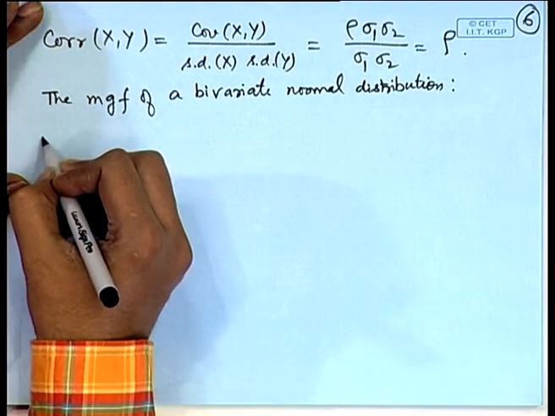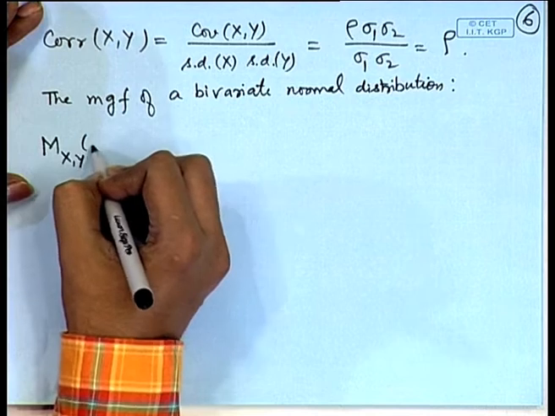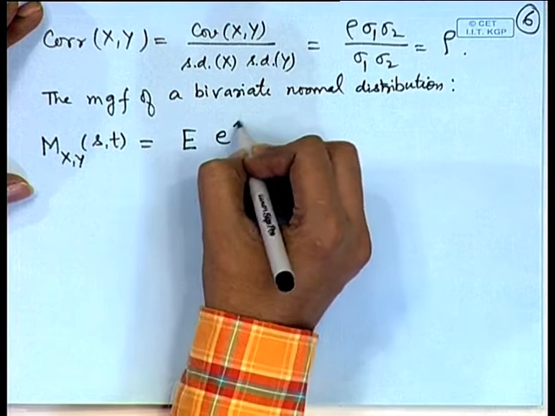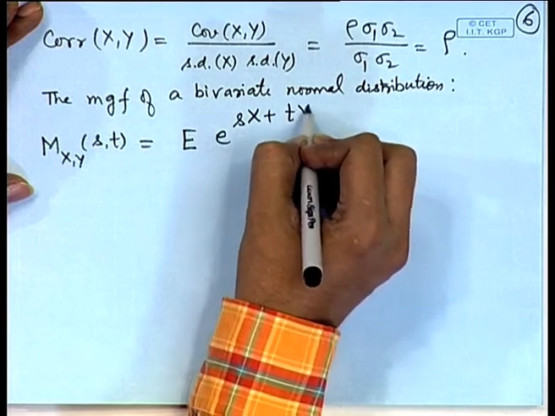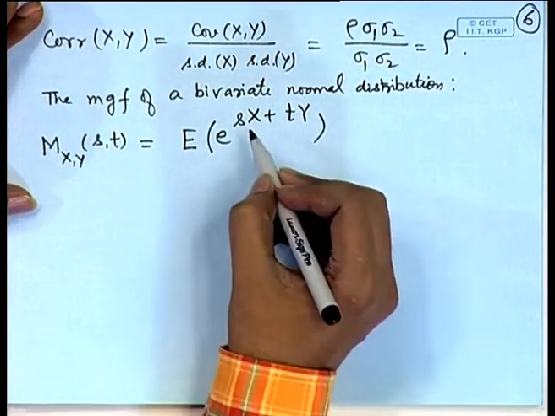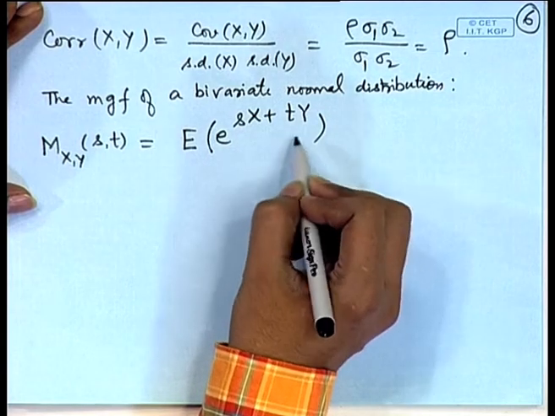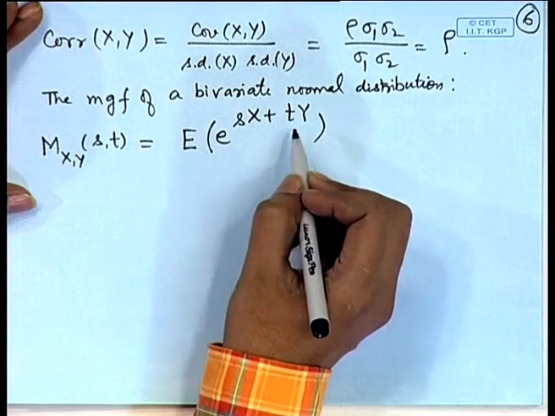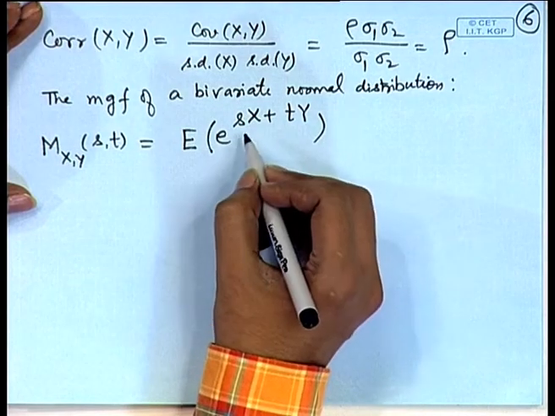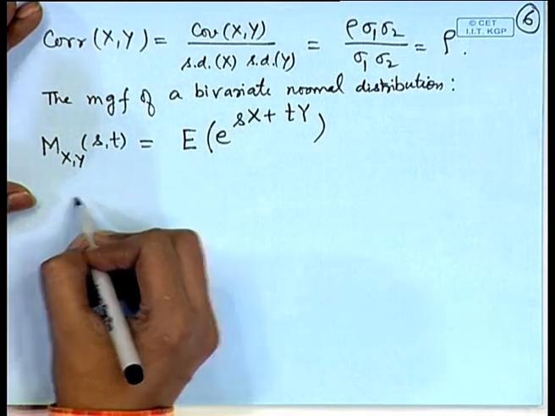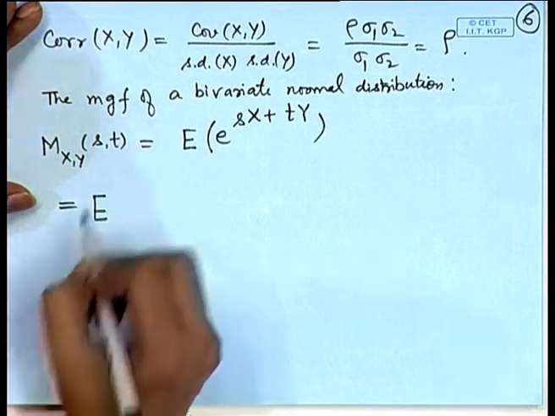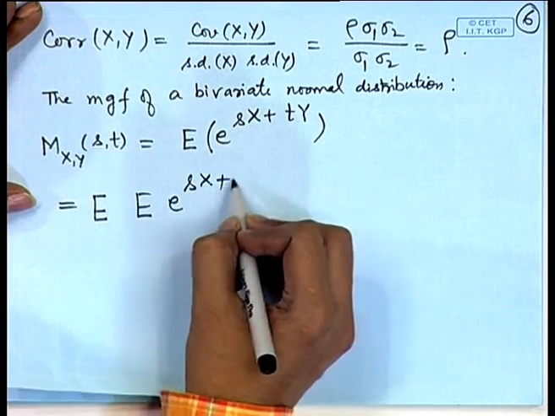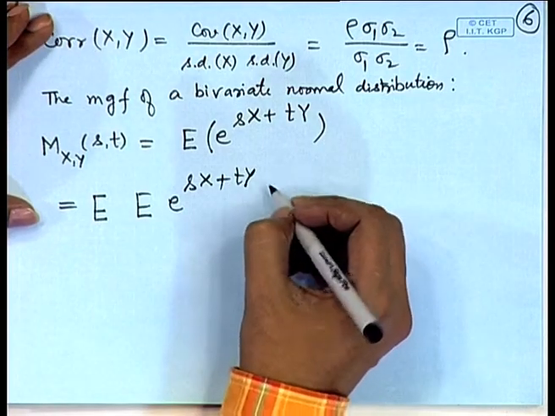So, it is defined as M(X,Y)(s,t), that is equal to the expectation of e to the power sX plus tY. Now, again you can see that this is some function g of X, Y. So, the joint expectation we can calculate easily in terms of conditional and the marginal expectations. So, we will use that. We can write it as expectation of expectation of e to the power sX plus tY given, say,